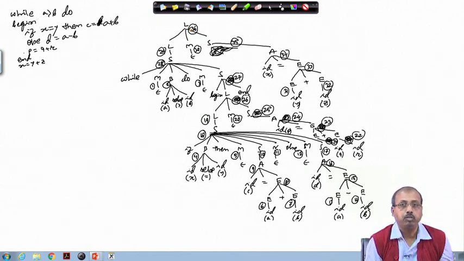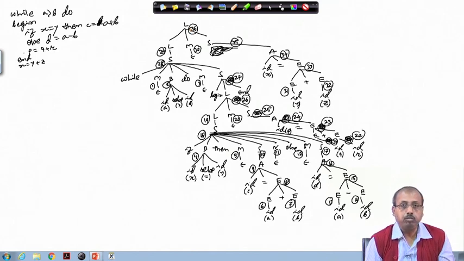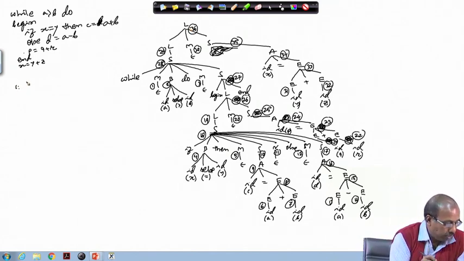So, if you use this parse tree and follow the grammar rules that we have for these high level language statements, it will generate a code, and the final code that will be generated will look something like this. So, at offset 1, it will generate code: if a greater than b, go to 3,